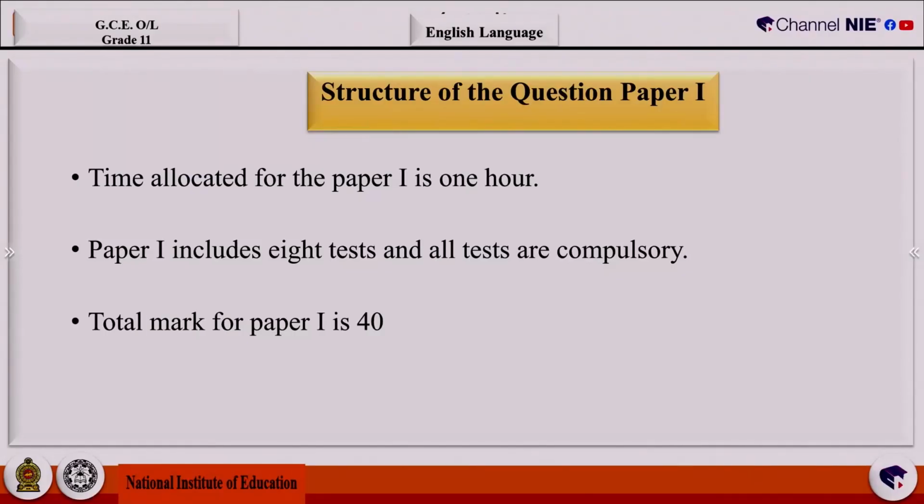If we look at the structure of the first paper, we all know that the time allocated for paper 1 is 1 hour, and paper 1 includes 8 questions, or we call them 8 tests, and all these tests